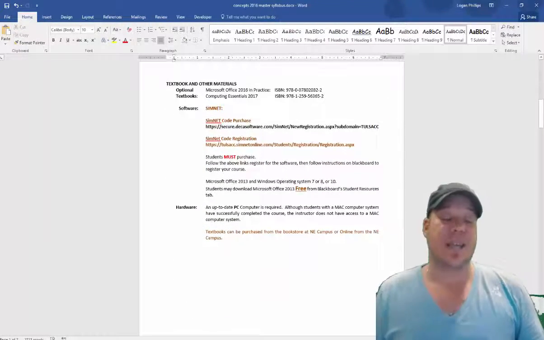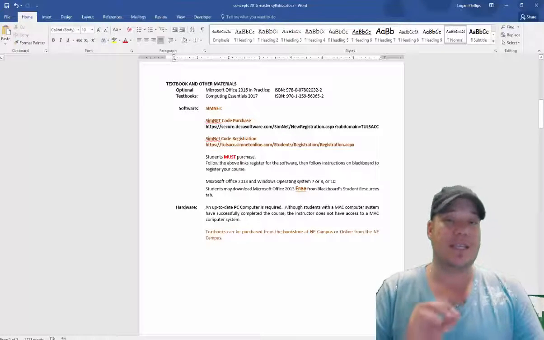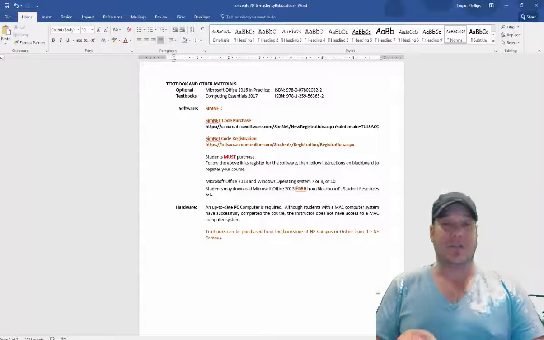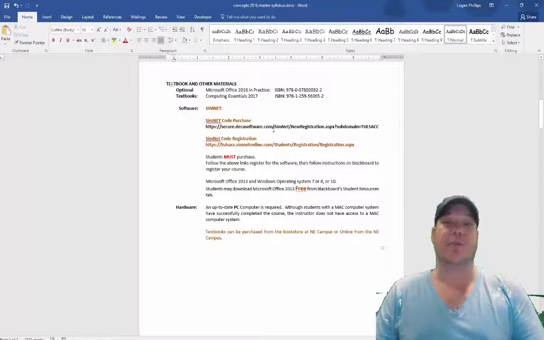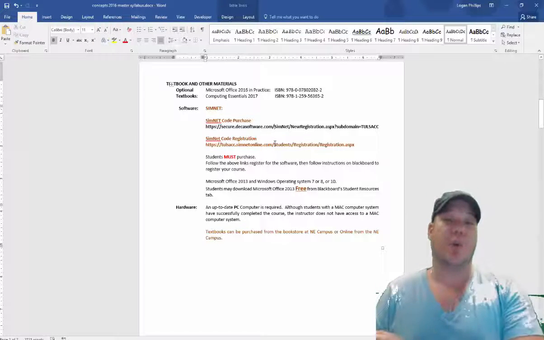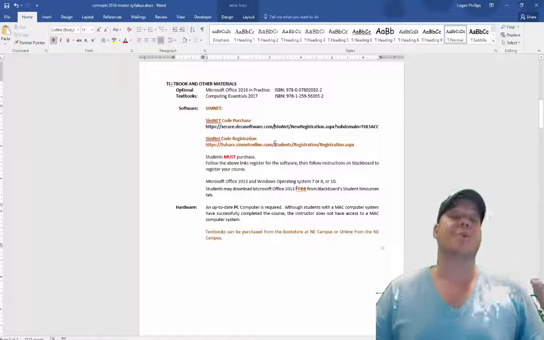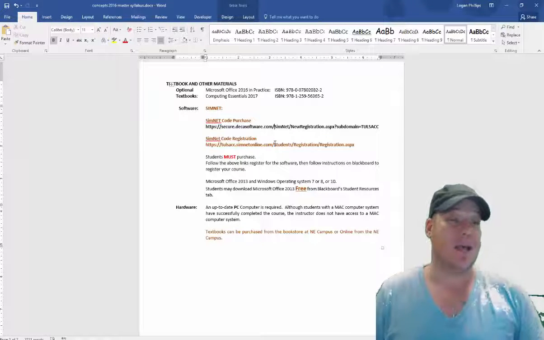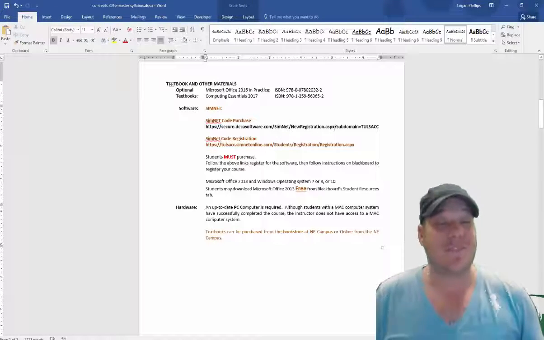Now, for this class, there are textbooks and a SimNet code. The key here is the SimNet code is the only thing that is actually required for this class. You can purchase the SimNet code for, I think, $95 online from SimNet. You can purchase the code from the Northeast Campus bookstore, the West Campus bookstore, or the bookstores online. So feel free to get that code from wherever you want. But if you want the physical book,